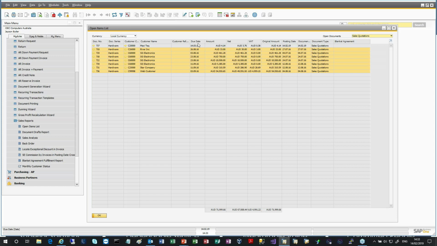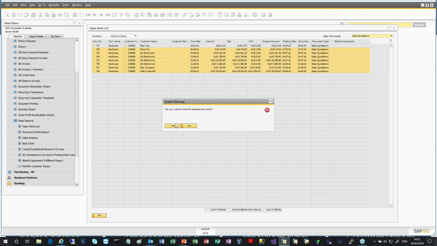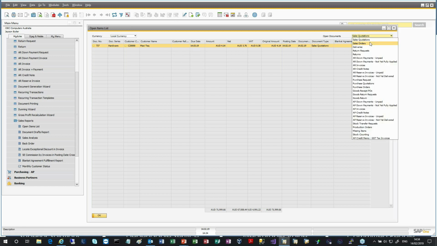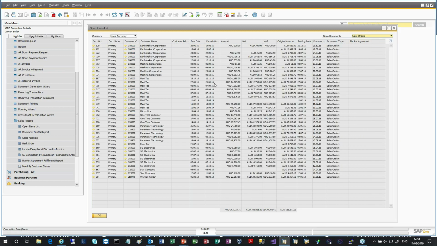Now, the benefit of the open item list is that I can do bulk management. If I right-click, I can close, what is that, 7 or 8 documents all at the same time. And there we go. My list is a little more realistic. I need to follow up with this one customer. Same with our sales orders. If you've got a lot of sales orders sitting open, you're not delivering on time. These could be back orders. You could be short on stocks, or maybe you're just not getting around to picking and delivering the stock quick